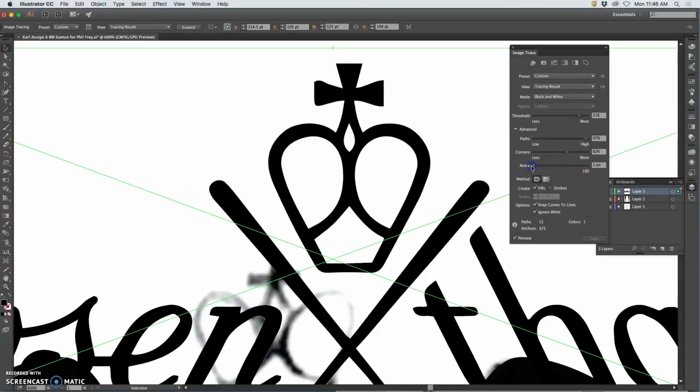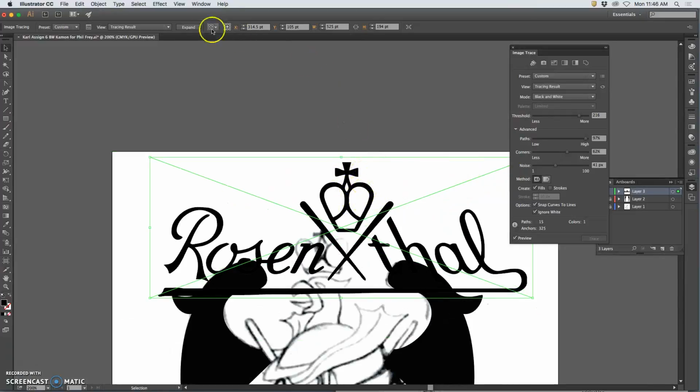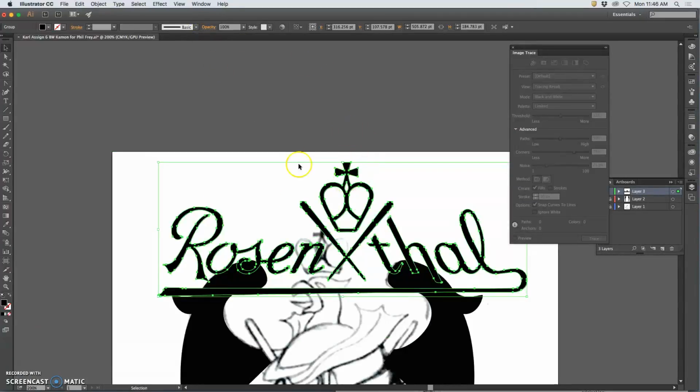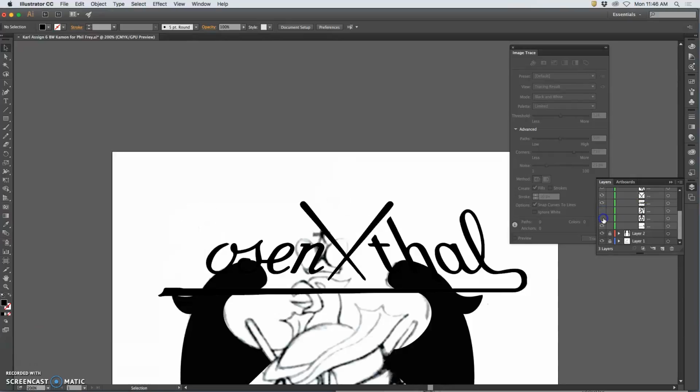And then noise. This shouldn't have much noise in it at all, but this would be like little debris from the vector. I want the noise in the middle there, otherwise it will punch that hole out. But maybe not all the other little factors. So this is all previewing it. When I like it, and I like the way it looks, and I'm just trying to use the crown right now, then you hit expand on the top. And expand will turn it all into a vector, and you can see all the anchors. Now the problem with doing that is that it makes a custom set with every little component as its own thing. So there's the R, there's the crown,